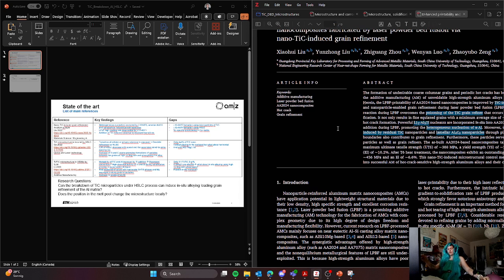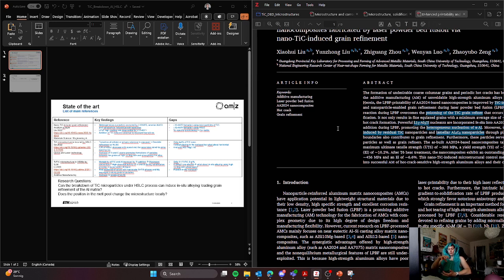Aluminium 4 carbon 3 is normally very undesirable in casting, but in the case of selective laser melting, which is the process they use, it has a very high cooling rate as well, and therefore creates this aluminium 4 carbon 3 lamellar, which is a big difference. So the addition of this nucleation site of aluminium 3 titanium, the cubic phase, not the tetragonal phase, the aluminium 4 carbon 3, and also the titanium carbide themselves as well, this induced